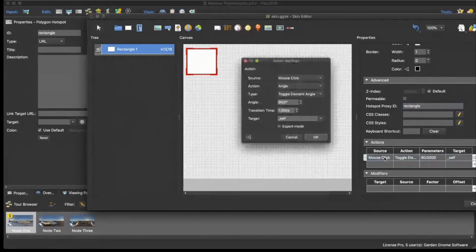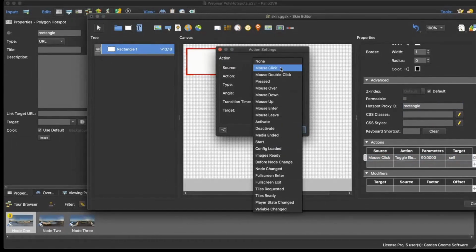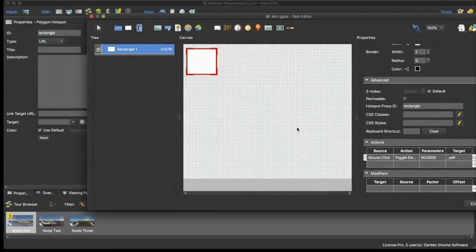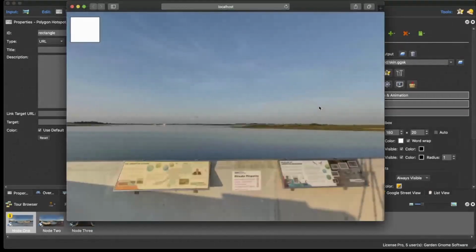So as an example, if I open up the skin's actions, you can see we've got mouse click, mouse double click, pressed, over, down, mouse up, mouse enter, mouse leave, etc. So anything we do with the polygon will happen. So I can click it, double click it, mouse over it, and do all the other bits and pieces. Okay, so let's leave that as that. So what should happen then, all things being equal, is if I click it,